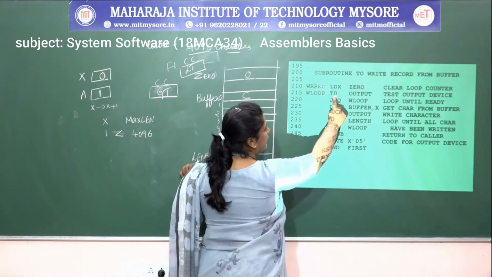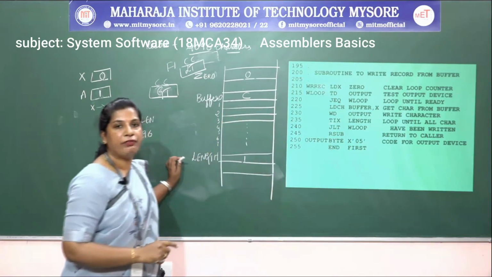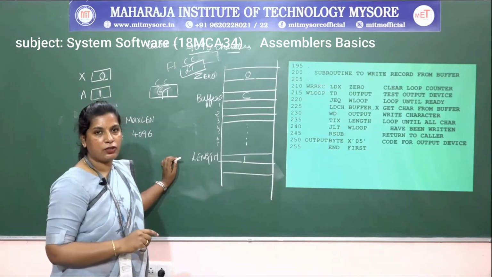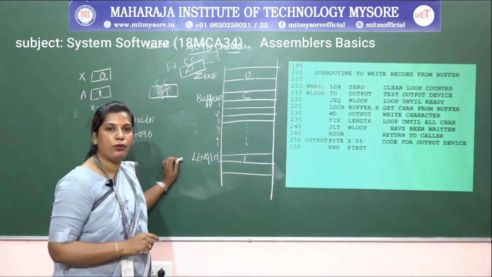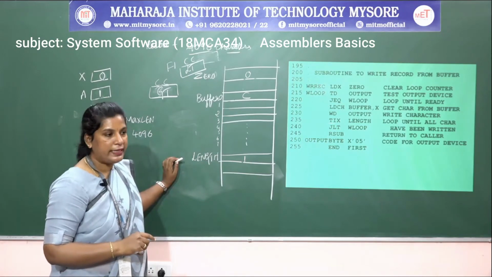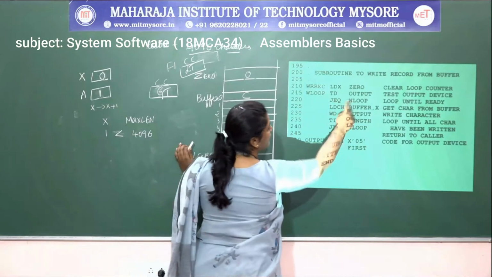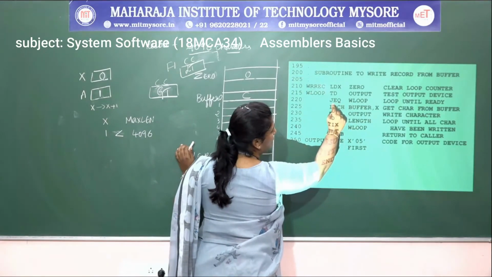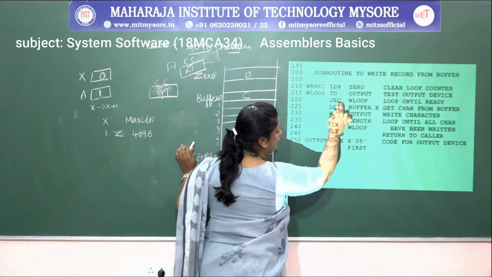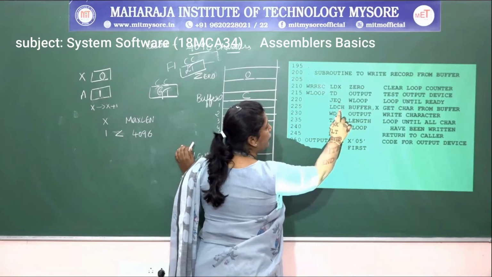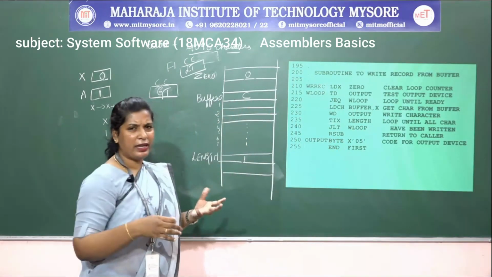I want to check whether the device is ready or not. Test device checks whether the output device is ready or not. If the device is ready, it is going to set the condition code flag bit as less than. If the device is not ready, the condition code flag bit is set as equal. In this case, test device then JEQ, which means if it is equal, it goes to that infinite loop. Otherwise, if it is less than, it is going to load the character from the buffer with the index value 0, wherever the buffer might be.